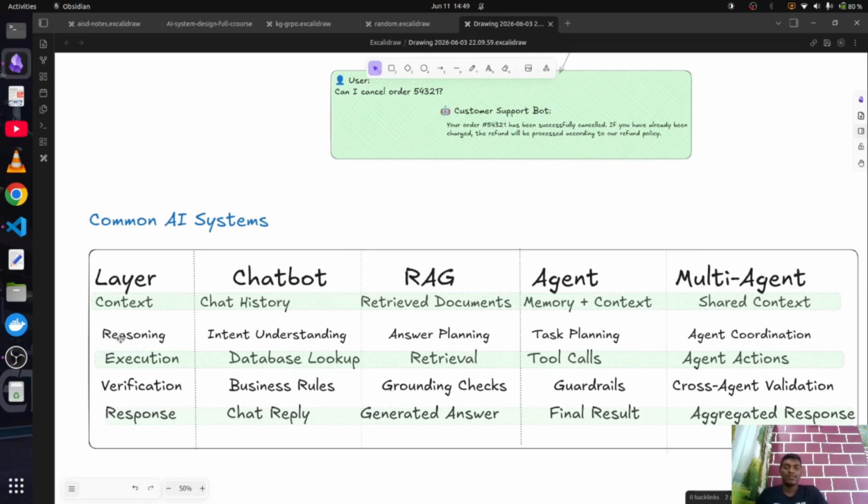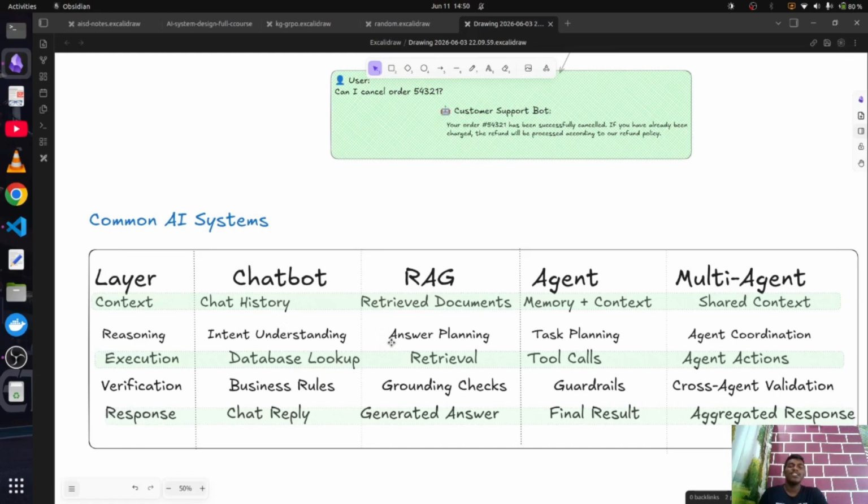Then comes the reasoning part. So reasoning for ChatGPT, the chatbot, is basically intent understanding. A chatbot doesn't have to do so many things. It just has to be a well conversing agent. So all it does is intent understanding, and that's all its requirement is as well. To converse properly, it just has to be aware of what exactly the user is trying to ask, and catch it straight to the point. So that's what a chatbot is basically made for.